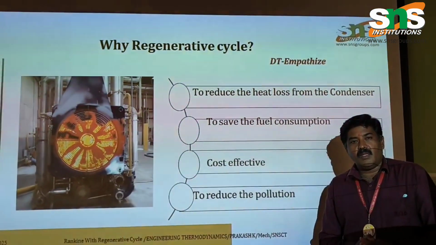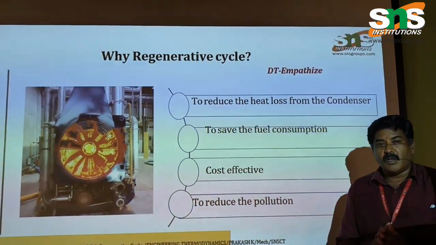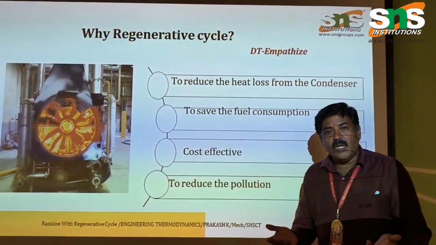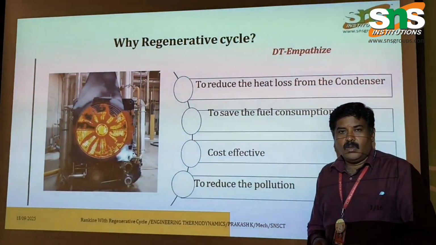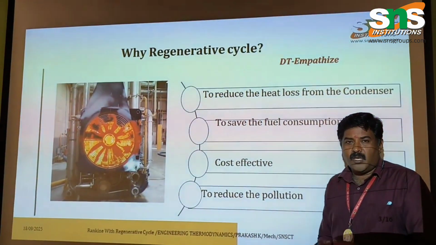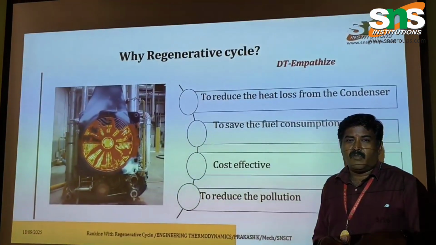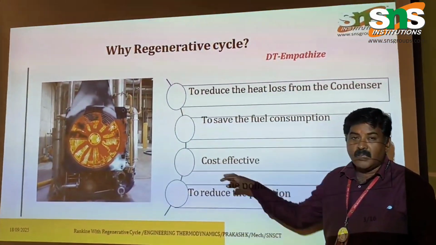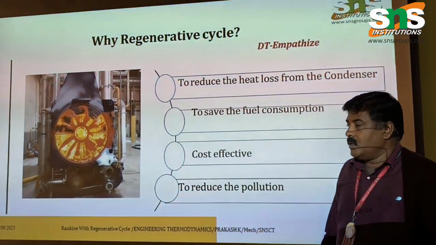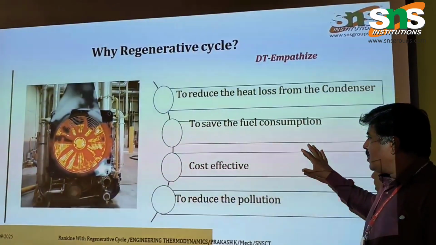In our design thinking, the first stage is empathy. We are already using the Rankine cycle. What is the need to switch over to the regenerative cycle? There should be some existing problems, which is why we are going for another solution, another cycle. So what is the empathy behind this Rankine cycle? Here, in the Rankine cycle,